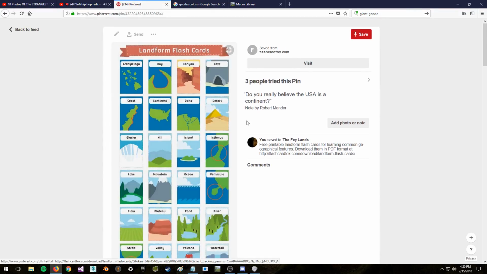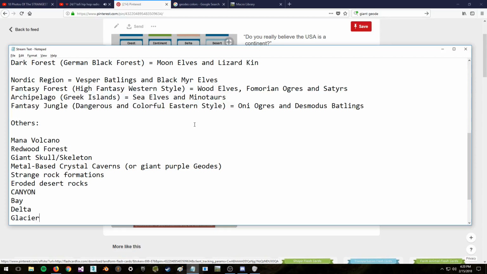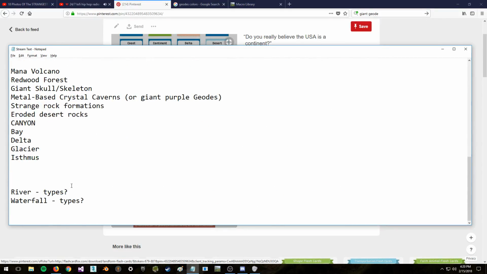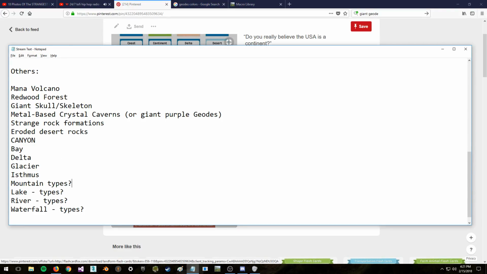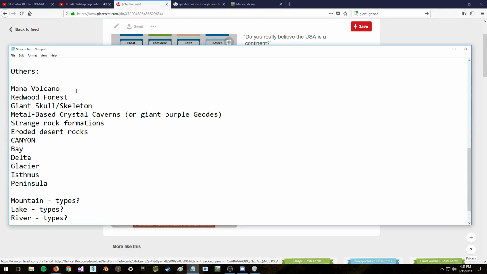Kids class Latin form flashcards. So hills, I think I got that. Islands, isthmus. I need an isthmus. Lakes. Where's my thing? Okay. Lake types. Mountain types. Oceans, a peninsula, alright. Oops. I'm gonna have plains, but make sure it's...